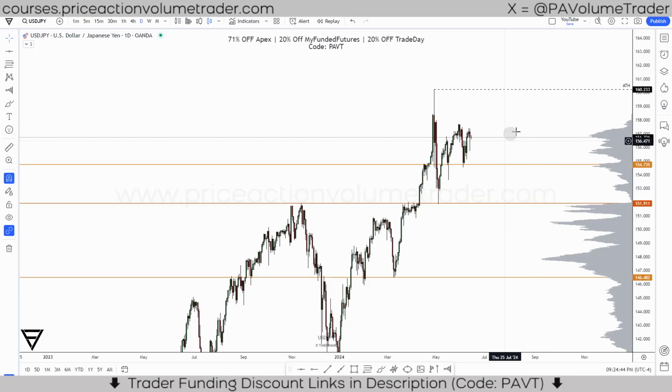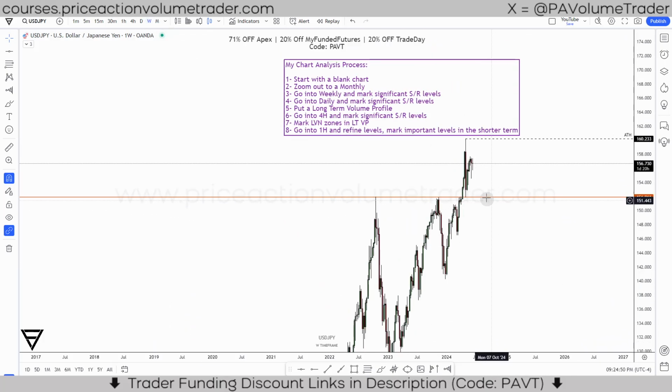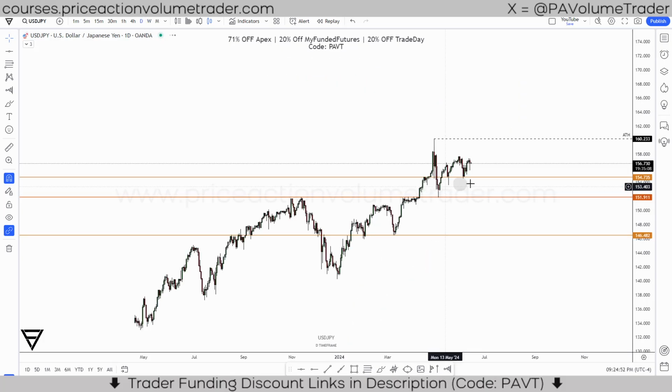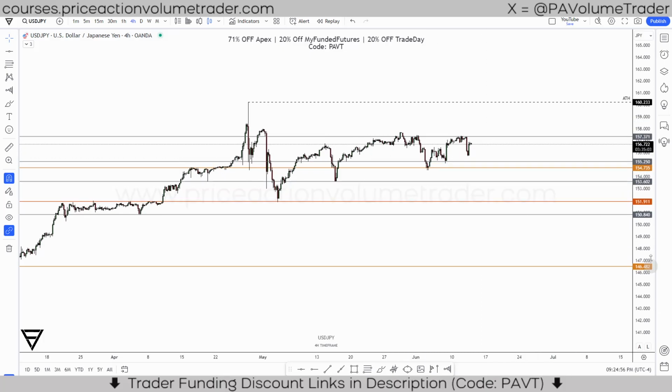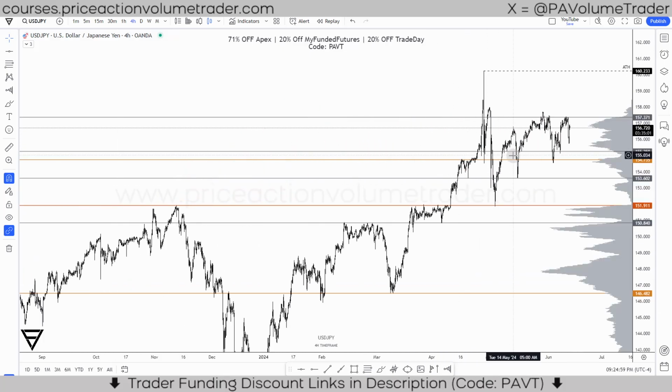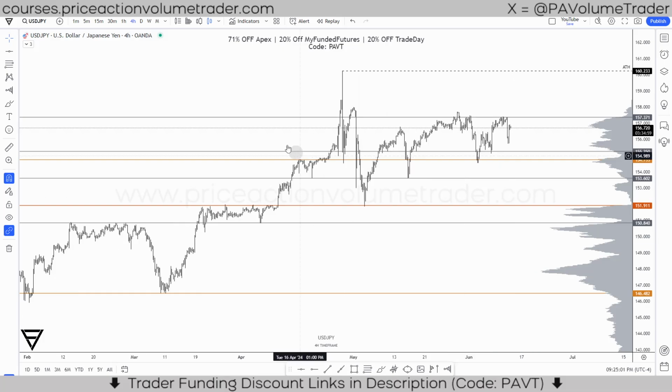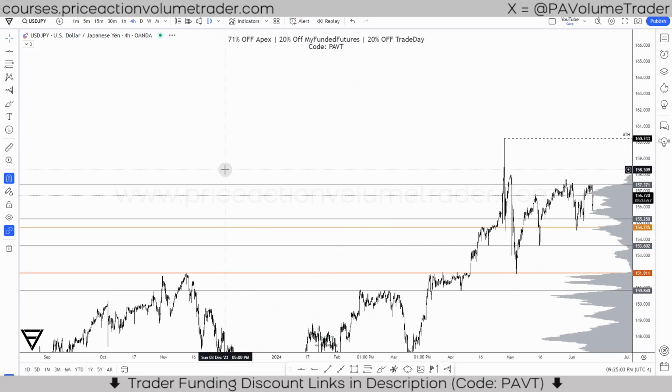see that all the gray levels are not showing here. If I go into the weekly, I only have the one level right here. So you can see how as I drill down in time frames, I get more and more levels coming up here. Okay, now the next